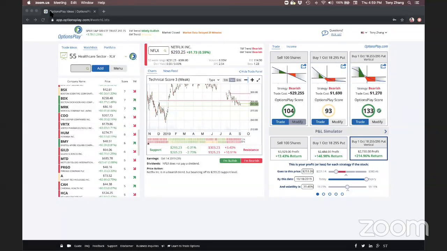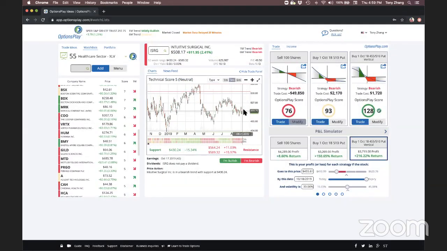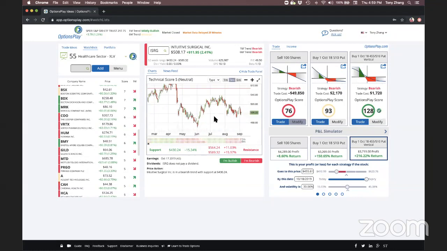Next, let's look at Intuitive Surgical. Relative strength of 5, so very neutral. The 1 month and 6 month trend is bearish. This is certainly more of a bearish tilt. This is really also a bit of a range bound stock. So my concern here, as bearish as I am, is that I don't know how much further it can go,